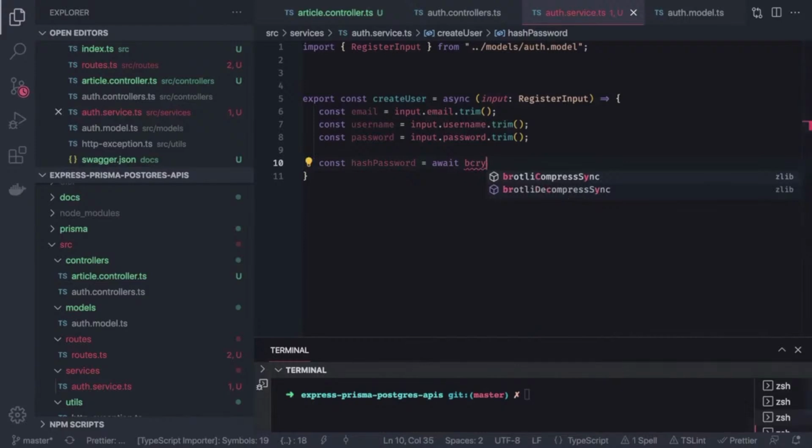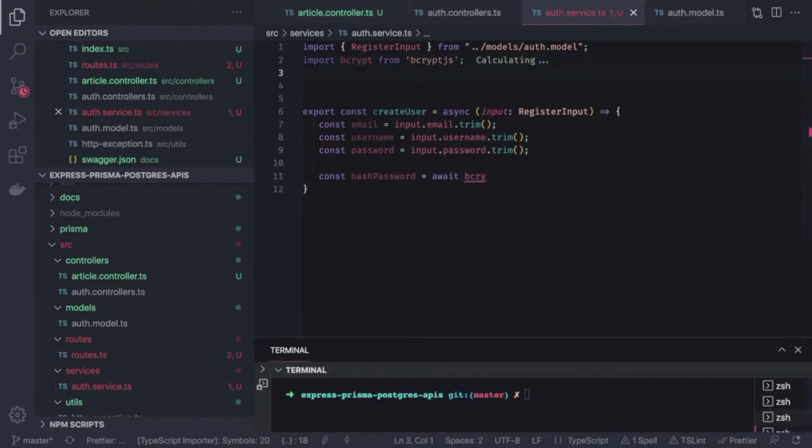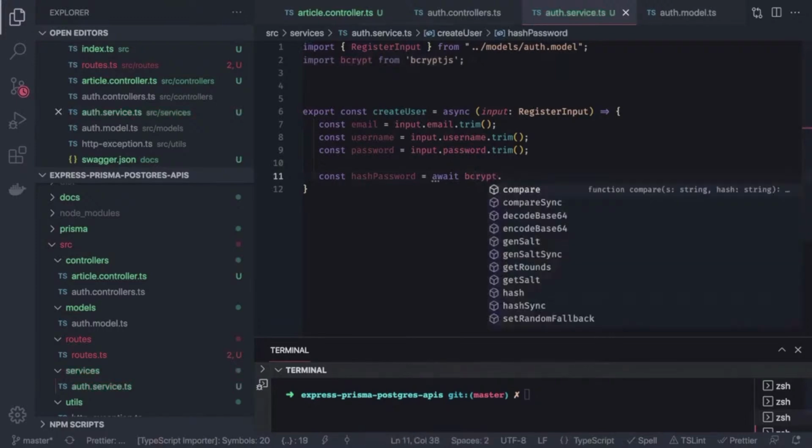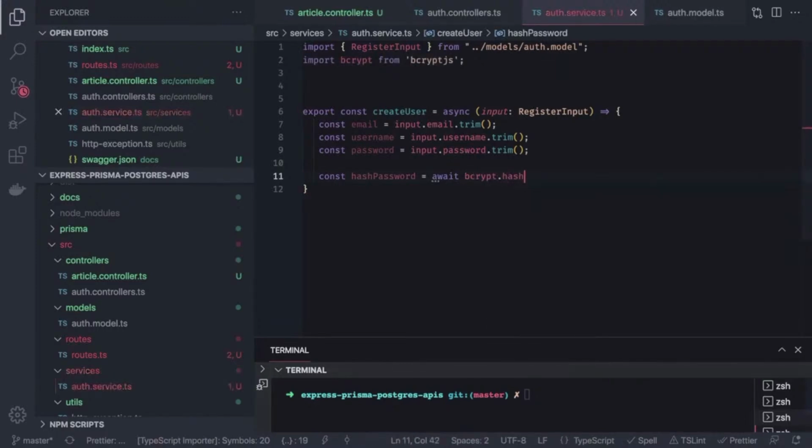For that we have to import bcrypt from bcrypt.js, because we have to create a bcrypt version of the password. So here I can do bcrypt.hash, and we are passing the password, because we are going to generate the hash for the password. Hash password we are going to save. const user, and now we can simply do Prisma,